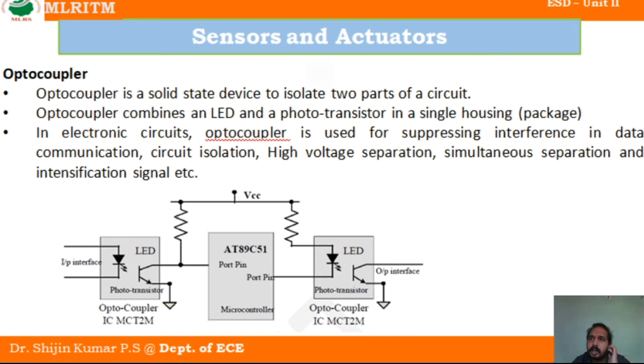So normally what is our motto? We have a sensor that should send some value, and based on the sensed value the microcontroller has to perform some operation, and the output from the microcontroller will be given to actuators, and these actuators will perform some action. So input is the sensor part and output is the actuator part. If you are giving the common power supply to the input device and output device, there may be a chance of electromagnetic interaction. So in order to avoid this interaction, we are using what?